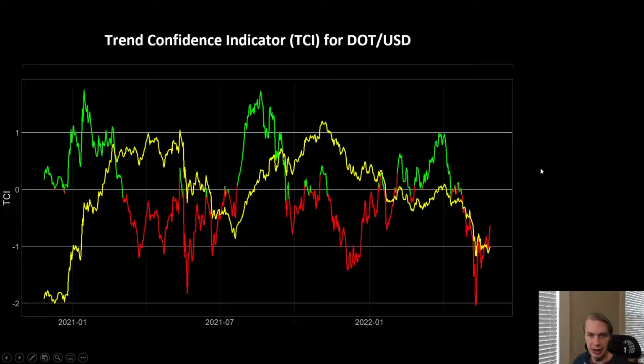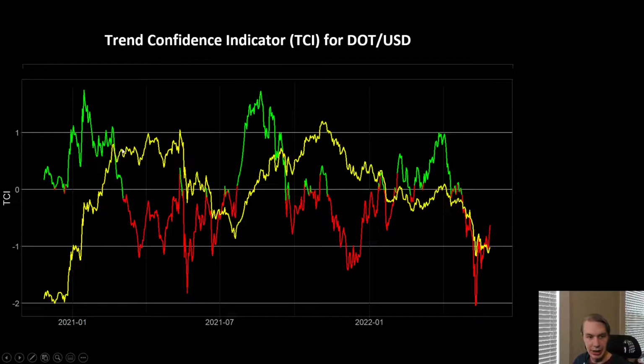Now, another indicator that's useful to watch is their trend confidence indicator. The way I'm displaying it is similar to the MBI, but it's actually getting us something quite different. The trend confidence indicator is trying to tell us how confident we should be in a given trend. So 0 is kind of the dividing line between bearishness and bullishness. If you're in an uptrend and the TCI is green, that's great. That means you can have relative confidence that that uptrend will continue. But if you're in an uptrend and the TCI flips red, that is bearish. That means that a reversal is likely to follow.